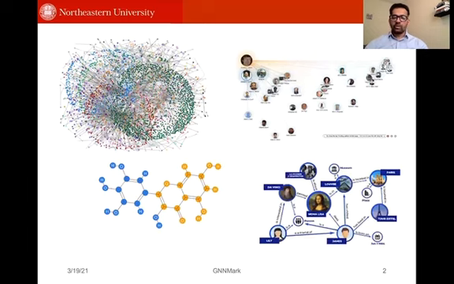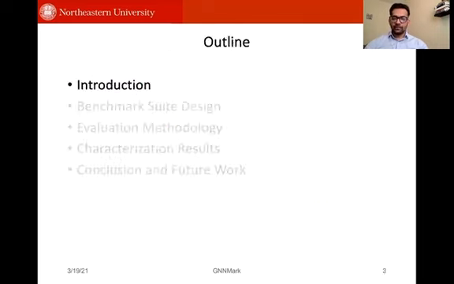So as you know, most of the real world data today exists in the form of graphs, whether it be a web graph, a graph used for recommendation, or even a molecule. A lot of this data today exists in the form of graphs. So GNNs have been designed as a machine learning algorithm to deal with such graph-based data.